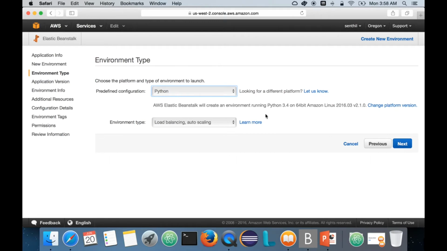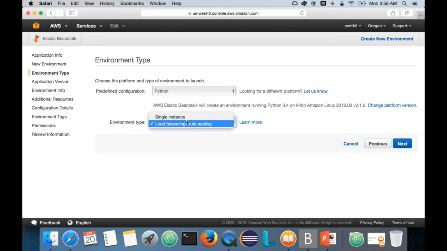Beanstalk will provide instances from the Amazon supported AMI only. So you cannot create one instance by yourself. When I say you cannot create, it is not supported. But technically, there are so many customers who come with a custom AMI for Beanstalk. They do some customization, and they still use it under Beanstalk, but officially it is not supported by Amazon Web Services. So anyhow,